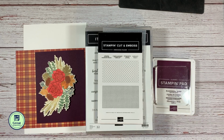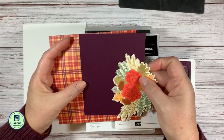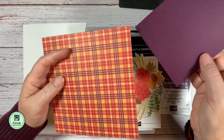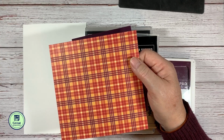Okay, let's get started with our card. For today's card, we are going to be using this Blackberry Bliss paper. This is a quarter sheet of paper cut to 4 1/4 by 5 1/2. And we're going to use this sheet of paper from the Plaid Tidings set, which is on sale until October